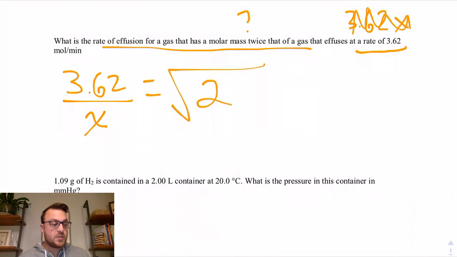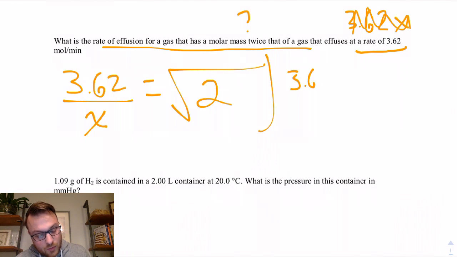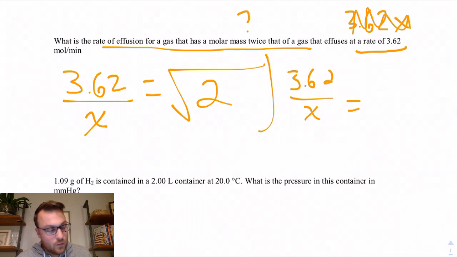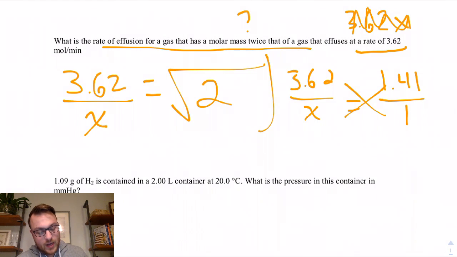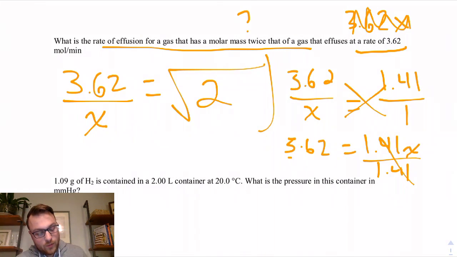So first thing you do is just figure out what the square root of 2 is, which is like 1.41. So we get, I'm just going to put this off to the side, 3.62 over x equals 1.41. Now I'm just going to put that over 1 just to make the cross multiplying a bit easier to see. Cross multiply, you'll get 3.62 equals 1.41x, and you'll divide each side by 1.41,